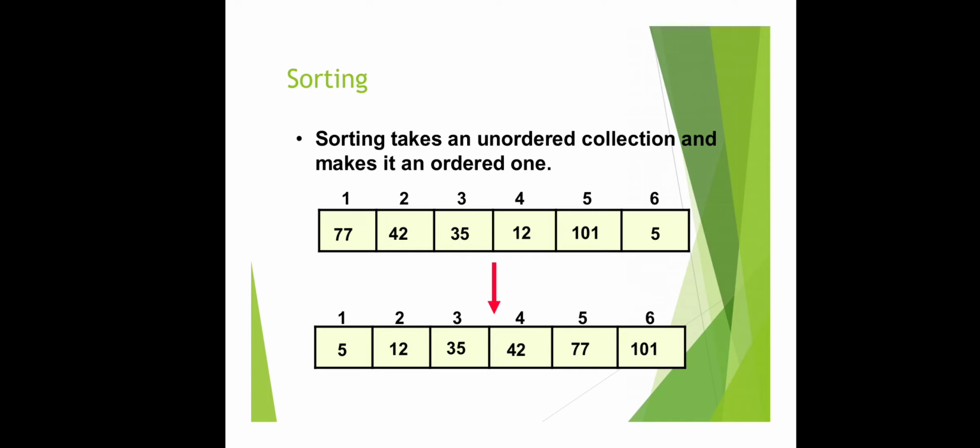I am going to take a seminar on system programming, and my topic is bubble sort and radix sort. Sorting takes an unordered collection of elements and makes an ordered one, a sorted list. So here is an unordered collection list with one more ordered collection of list.